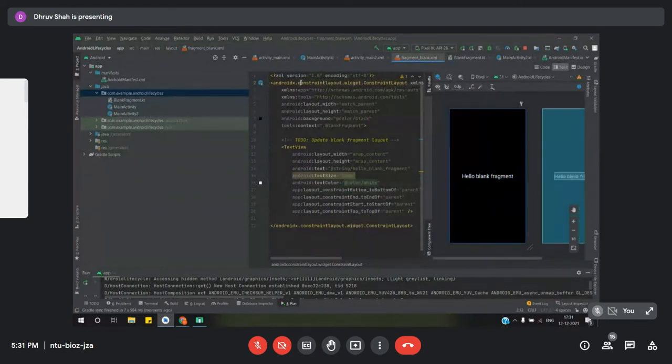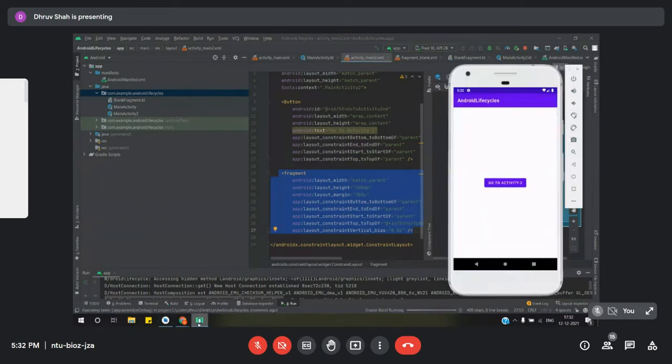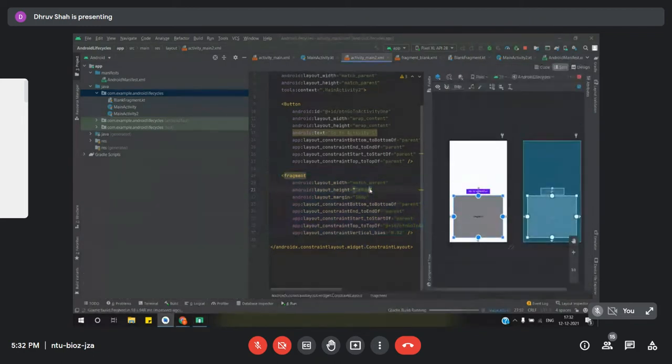Okay, so now what we have done is we have created a different class for the fragment, but we have not yet linked it with the fragment holder. If you go to the second activity here, this is just a container. This wouldn't display anything for now. So let's just see what this would render. This should right now return two errors. Firstly, because we have not defined any ID for a particular fragment, and second, we have not defined the fragment which is to be rendered in this holder.